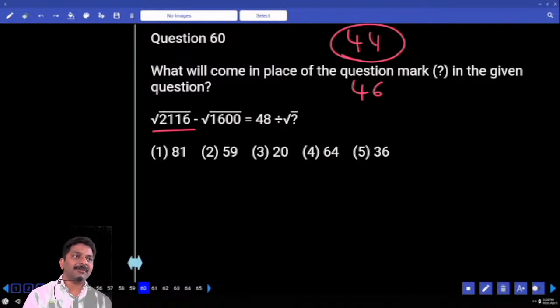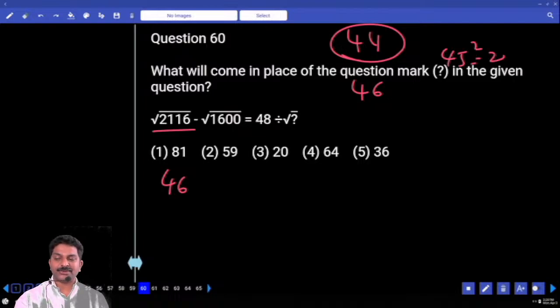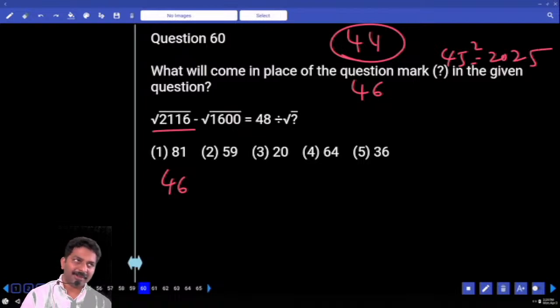If it has to be 44 square, your initial number must be a multiple of 11. Is your under root value a multiple of 11? Then it must be 46 only. Otherwise you'll have to calculate 45 square, which is 2025. Our number inside the under root is more than that, hence it cannot be 44. So eliminate that. Okay? Right. Minus